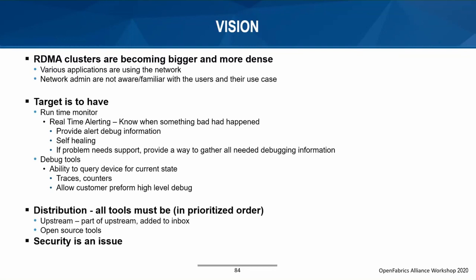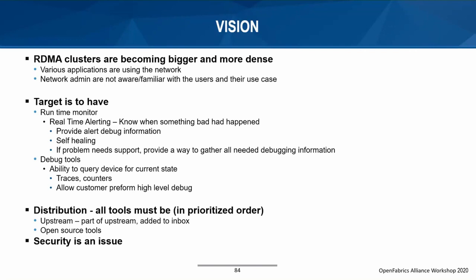So we try to solve the problem by ourselves. If we can't, we notify the administrator. And if there is a need for further debug, we would like to be able to fetch as much information so the administrator, or maybe the vendor itself, will be able to analyze the case and understand what went wrong and how to avoid it in the future.